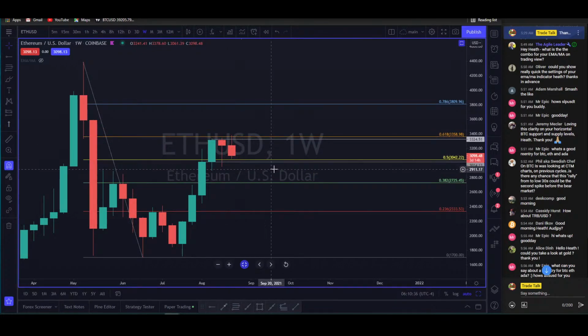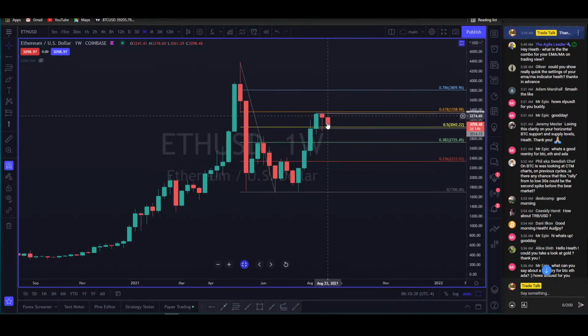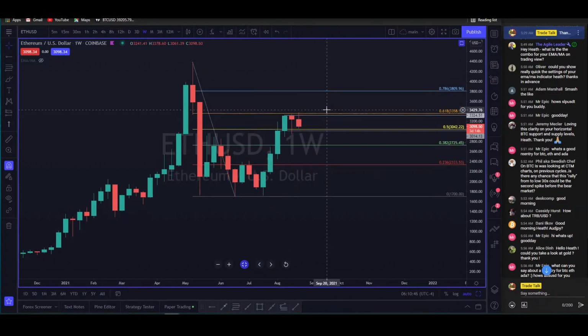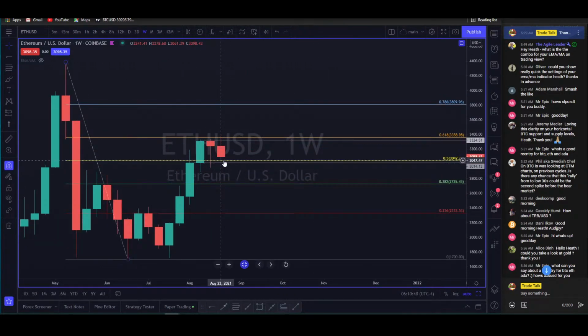This is where I expected heavy selling to come in, and that's what we're seeing. And I've been talking about that since we were down here. If we get back up there, that's where I'm going to keep my eyes open to look for heavy selling to come back in the market. This is not heavy selling though. This is the thing. This is not heavy selling.